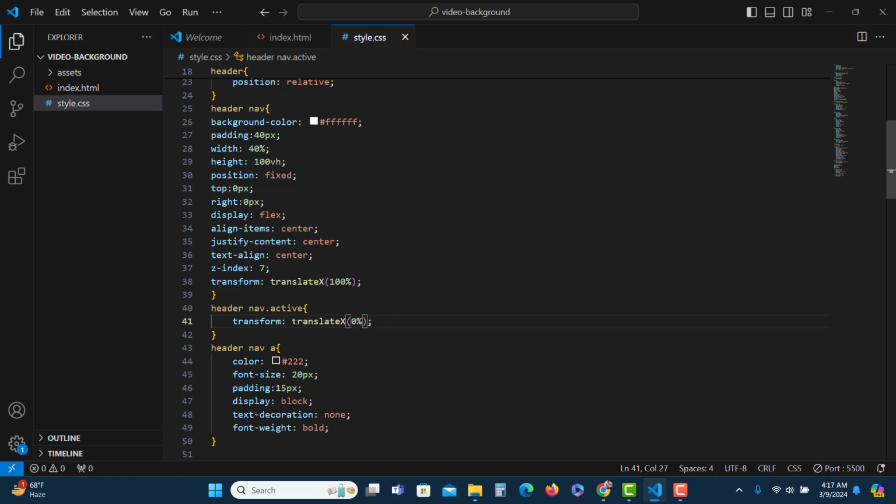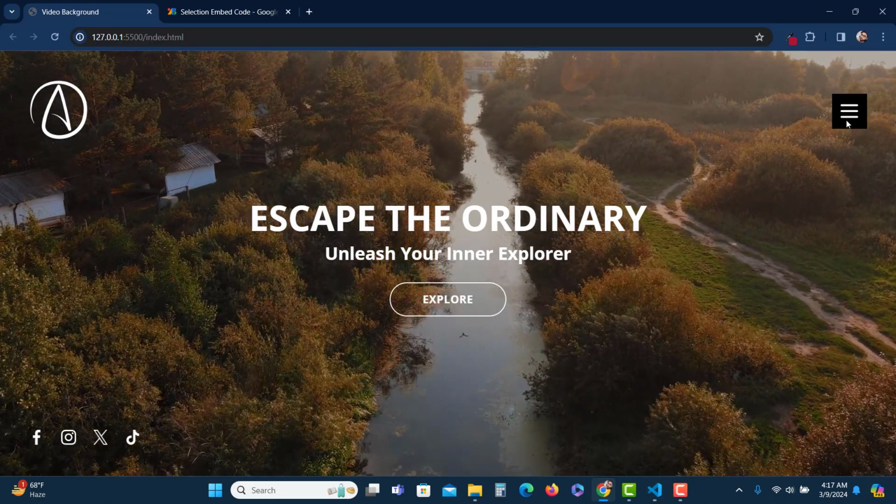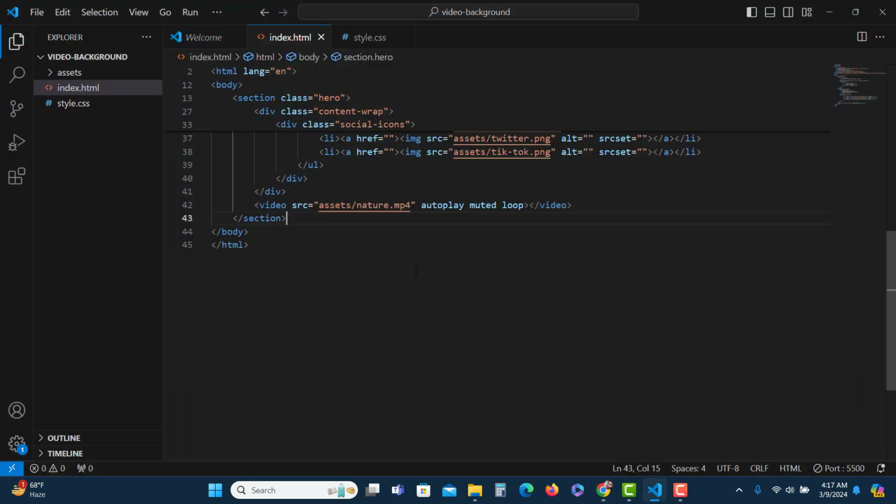Now we'll have to use a little bit of JavaScript code, so that when somebody clicks on this button, the nav element will have the active class, so that we can see it here. So for that we can add some JavaScript directly in the HTML file. As there is not much JavaScript code, we can just put the JavaScript code inside the HTML file. So let's put it. First of all, we will have to target the hamburger icon. So let's declare variable toggle icon equals to